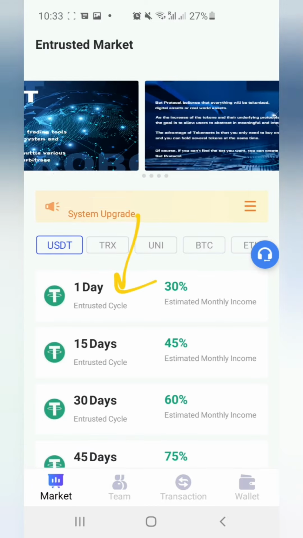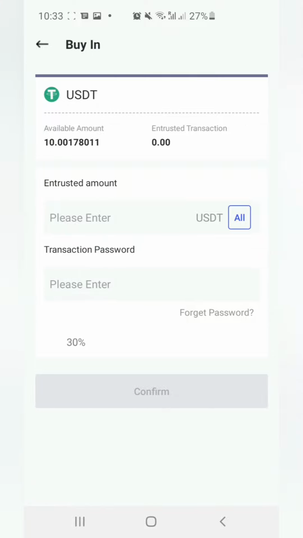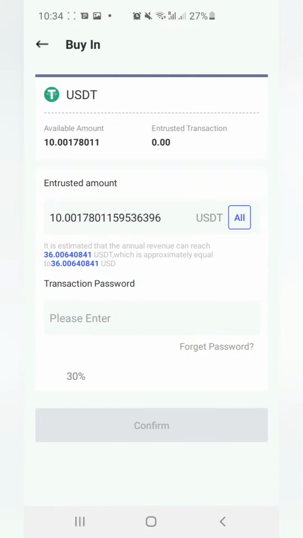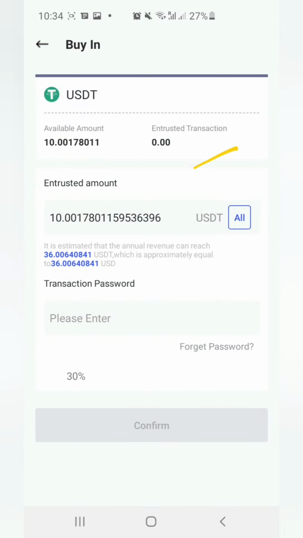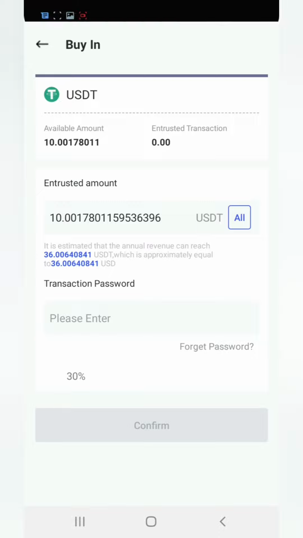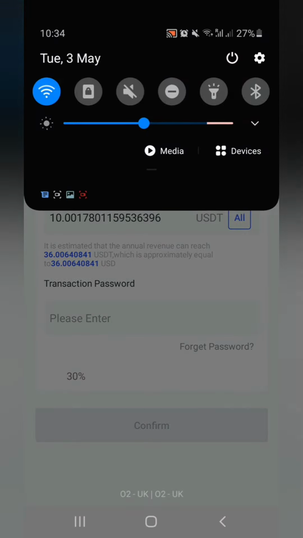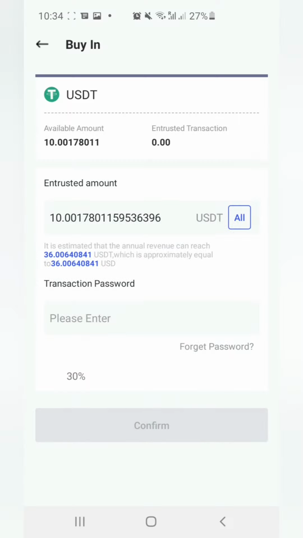I'm going to select the 1 USD, 1 day staking. I'm going to select this one, select the amount here, because the other amounts are in Doge, TRX, and Polkadot. So you have to just send 10 USDT in this. So I'm going to stake 10, and again, today is 3rd May Tuesday. I'm going to make the video after a few days. Just keep that in your mind. 3rd May Tuesday, 10:34 is the time, and right after 10 days we're going to make another video on this,